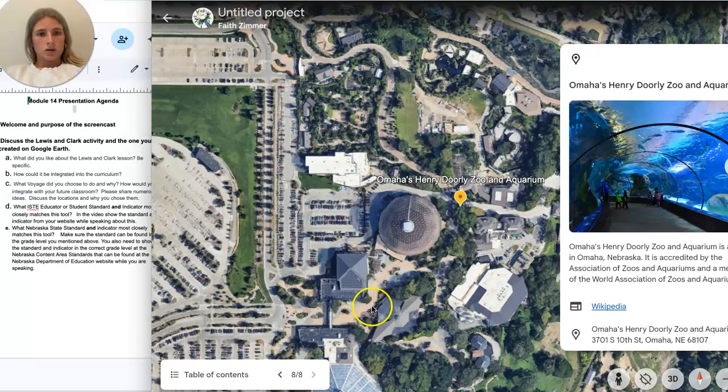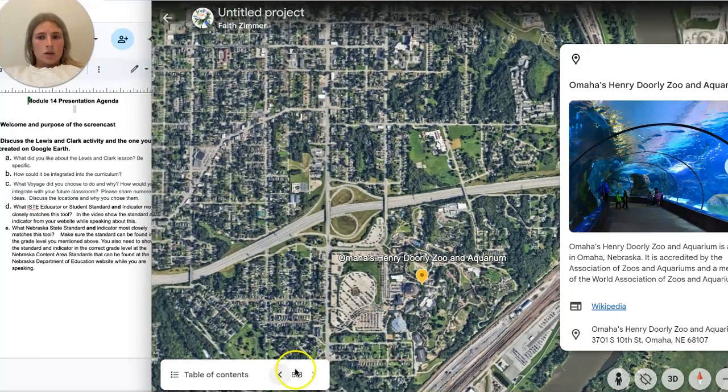And then, so the ISTE standard that I thought had the strongest tie to Google Earth is 2.2.A, which would be Leader, and then Advance a Shared Vision. You do this by shaping, advancing, and accelerating a shared vision for empowered learning with technology by engaging with education stakeholders. And you're helping the students learn by using technology in a fun